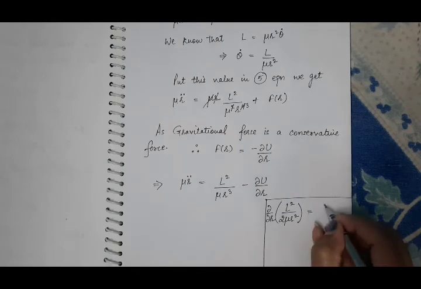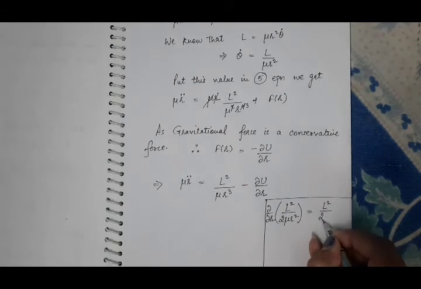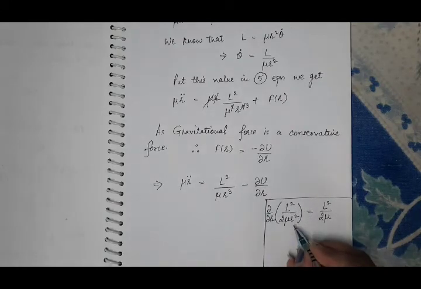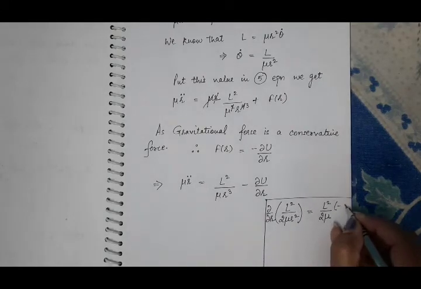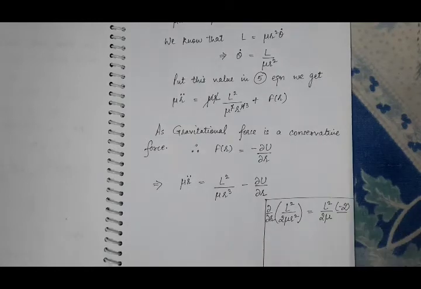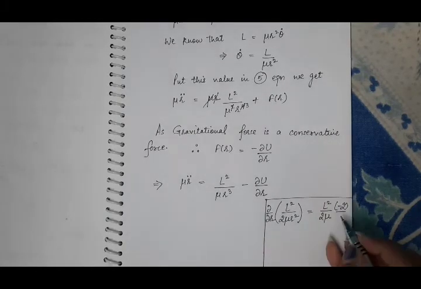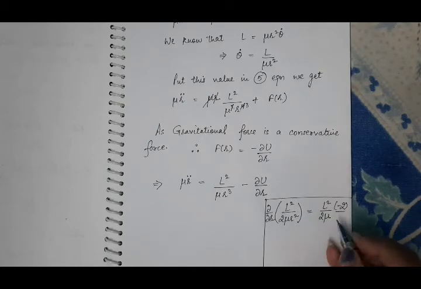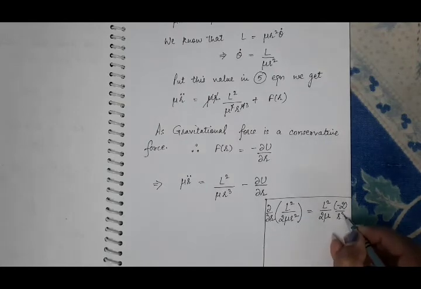So L square is constant, 2 mu is constant. What will be the differentiation of 1 by r square? It will be minus 2 by r cube,